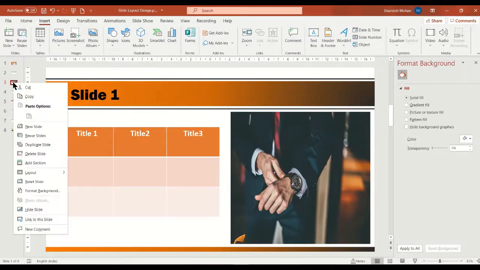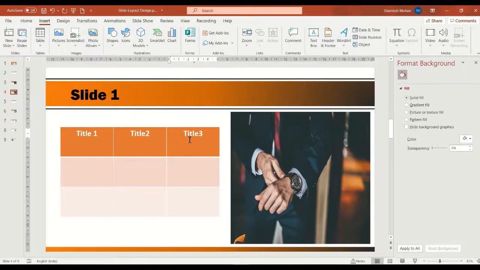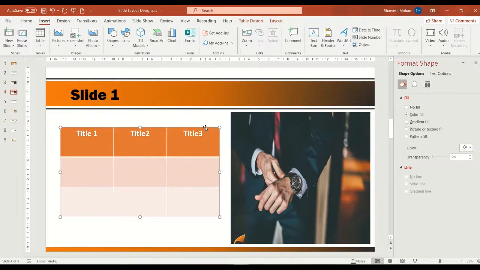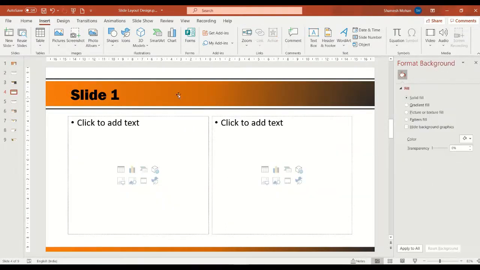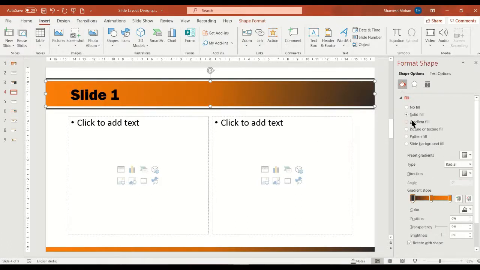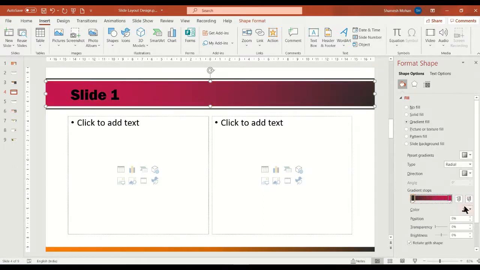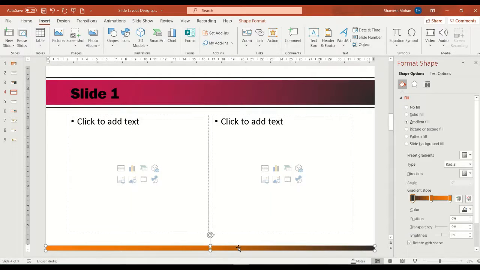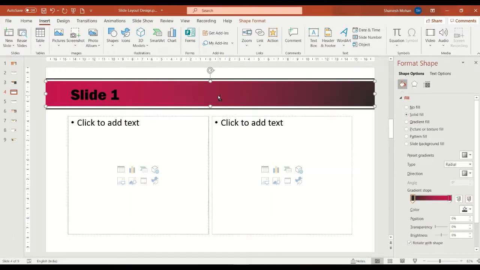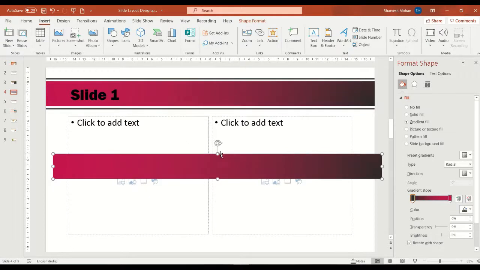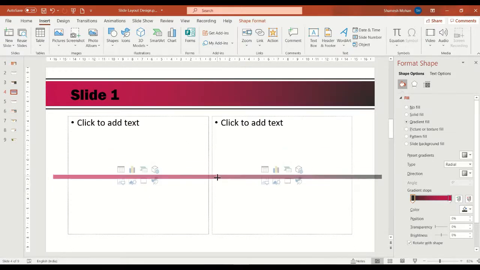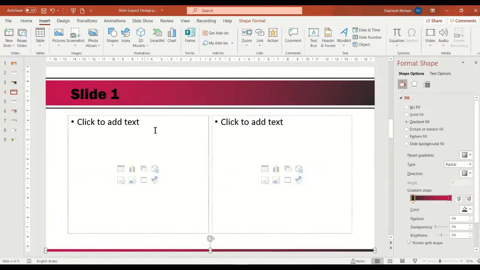Let's duplicate the slide again. Duplicate. We'll delete these contents. Let's change this color. Delete this. Copy. Control D. Minimize it. Now let's add the